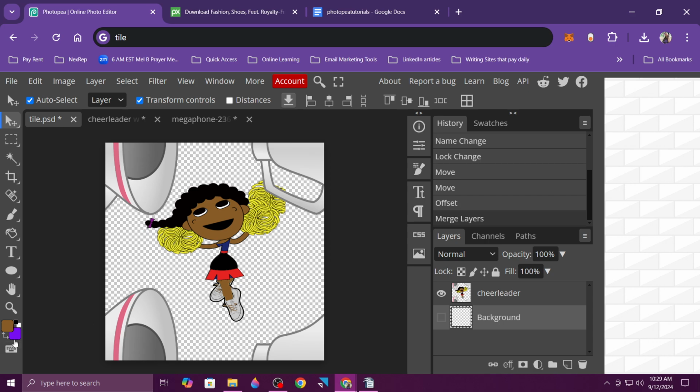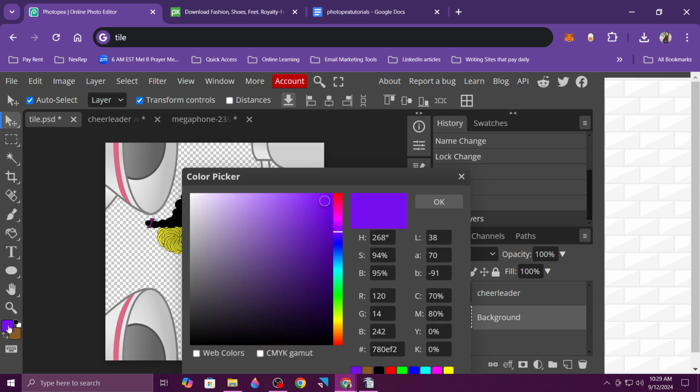We're just going to make the background color simple. So to change the background color, you click on this arrow and that makes this purple one the main one, and then you left click on the purple,